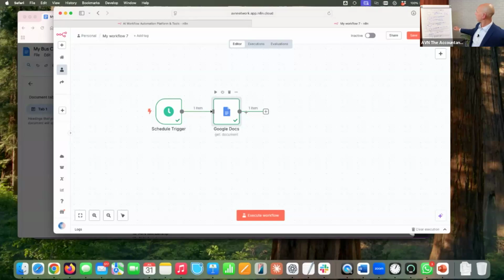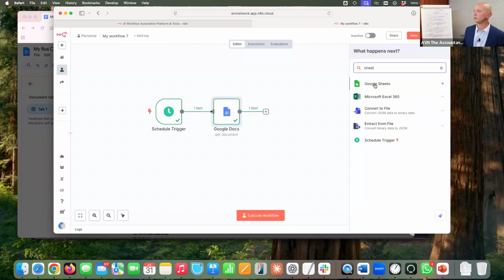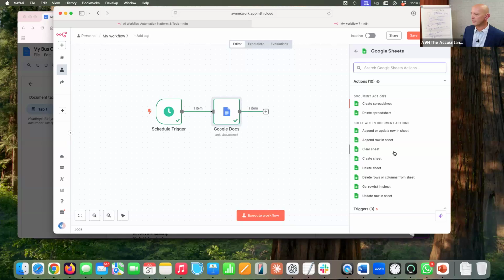So we've got two of our flowchart items in there now. And as you can see, it creates a flowchart as well. So it's very, very handy from that point of view. So the next thing on here then is we want to get the previous posts. So what I want to do now is I'm going to grab my Google Sheet. So if I go into Google Sheets, I can then get rows from a sheet.